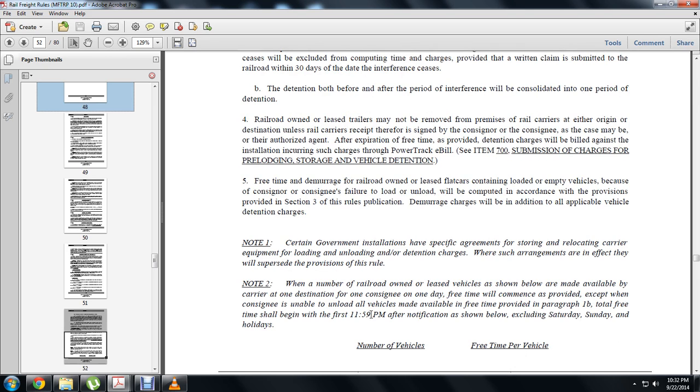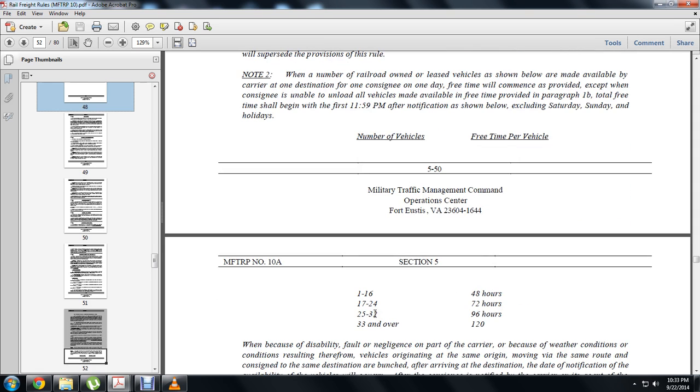When a number of railroad-owned loaded vehicles, as shown below, are made available at the destination of one consignee, one day of free time will be provided in compliance with paragraph 1, except when the consignee is unable to unload the vehicles. The total free time shall begin with the first 11:59 p.m. after the notification, as shown below, excluding Saturdays, Sundays, and holidays. Number of vehicles and free time per vehicle: 1 through 16 vehicles, 48 hours; 17 to 24, 72 hours; 25 to 32, 96 hours; 33 and over,